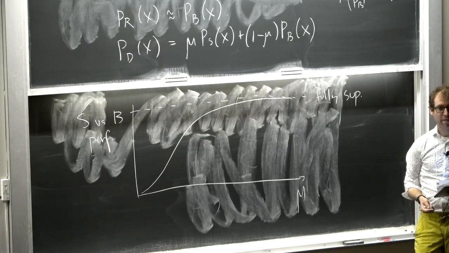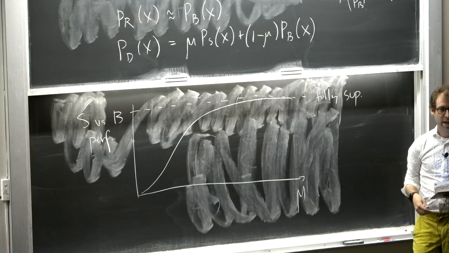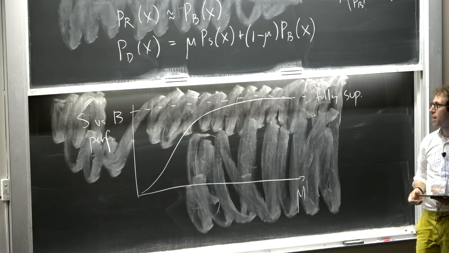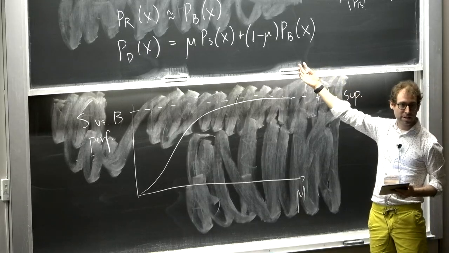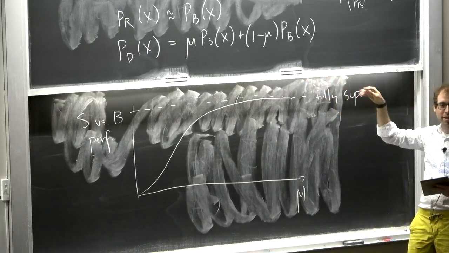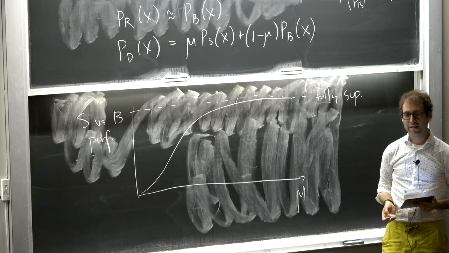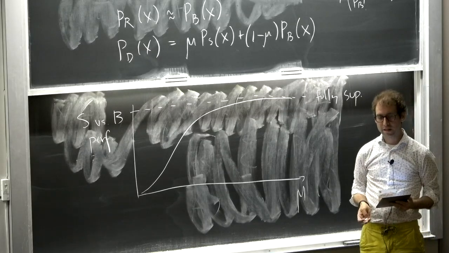The question is, can mu be negative? There are cases where you have interference between the signal and the background, and in that case it's not a mixture model. It's something more complicated. But indeed, something like this would work in that case also. Yeah. So should I literally think of mu as a relative cross-section of signal and background in my data set?